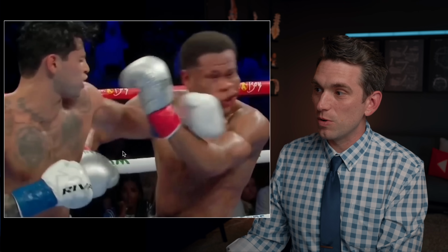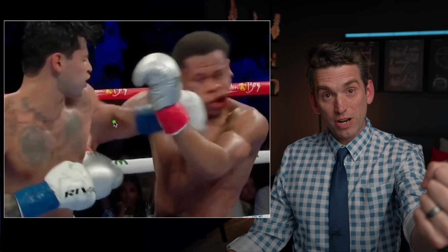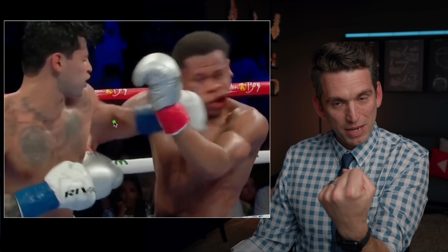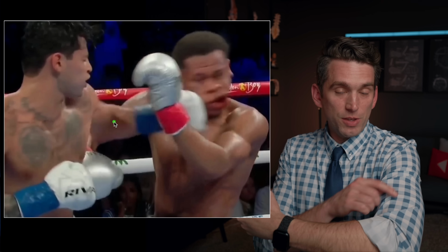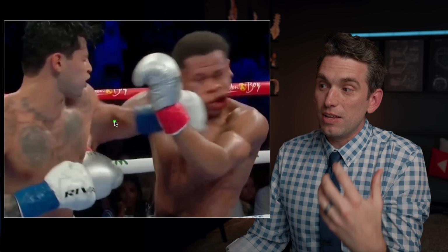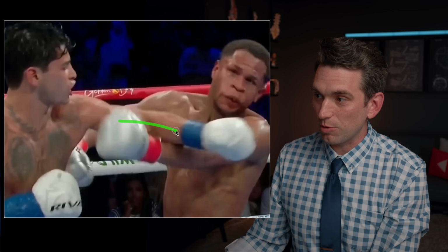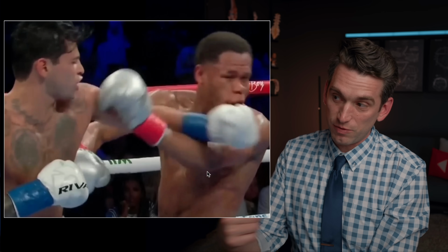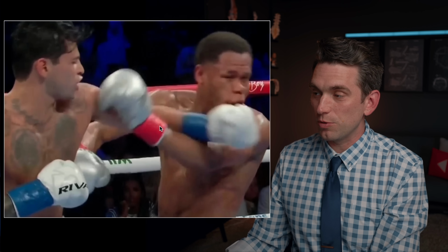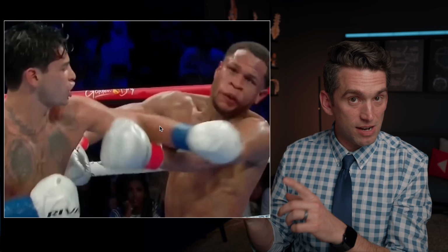Then we see that that elbow is in a little bit more of a flexed position. It's not quite as far out straight as we saw in those other big sweeping hooks. Again, that same concept: your bicep is going to be stronger if it's at a shorter flexion angle than if it's all the way out extended. And so here we see that extension is going to be less. And so as Garcia comes through, he has more punch. He's able to carry all the momentum through as opposed to his fist bouncing off like we saw on the others. He gets more rotational power through, great transfer of energy, ultimately, again, leading to Haney being knocked down for